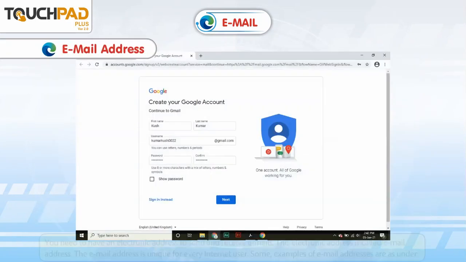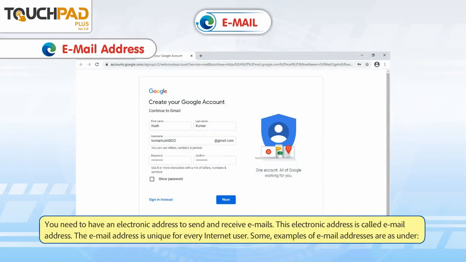Email address. You need to have an email address to send and receive emails. This electronic address is called email address. The email address is unique for every internet user. Some examples of email addresses are as under: